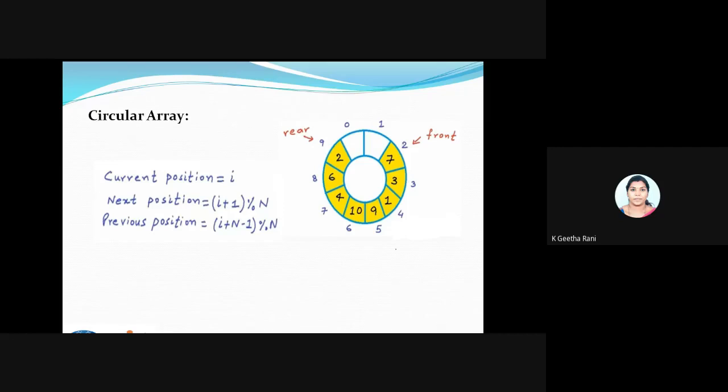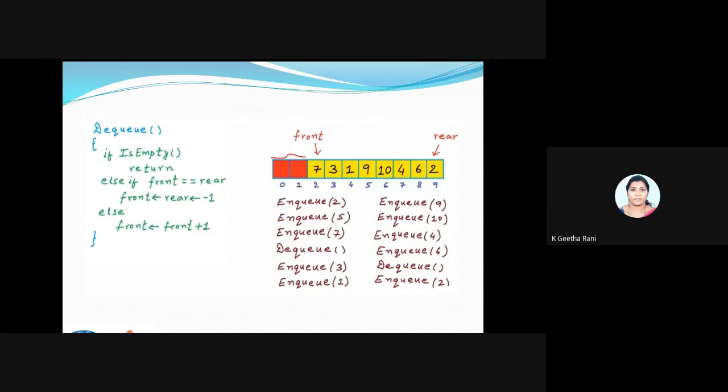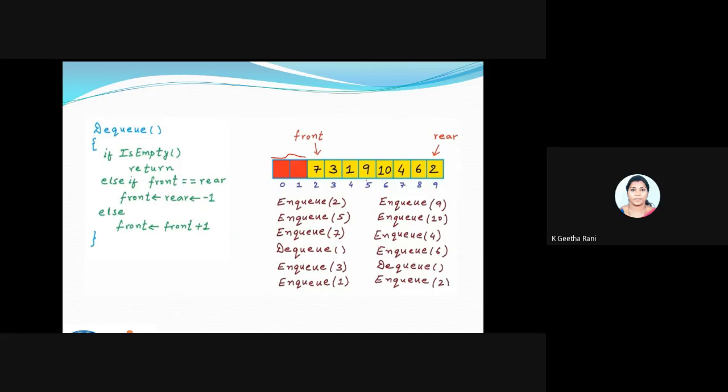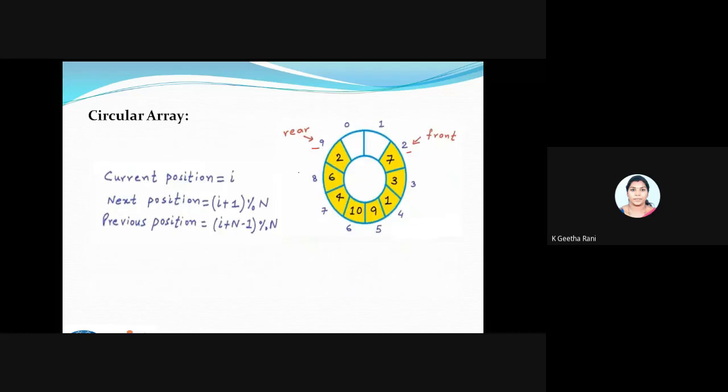This is the main drawback of this normal array: we are not using the spaces before the front. For overcoming this I'm using the circular array. This circular array has a logical representation like this, but isn't viewed like this. We represent it in a circular way, so it makes us understand very easily. Here the front is 2 and the rear has index 9. I'm taking the same example. You can see front is 2 and rear is 9 and we have 2 empty spaces. I'm adding that also here.